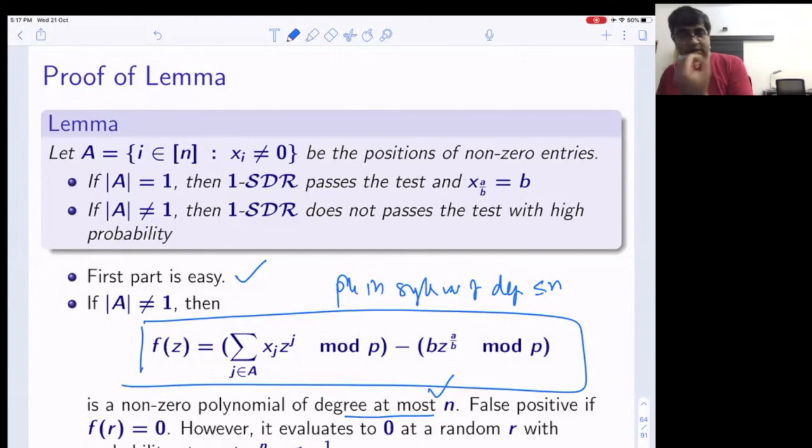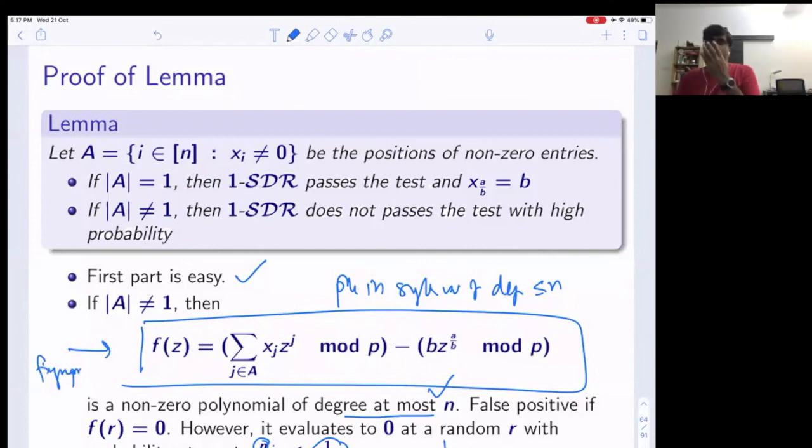Well, at some random r, how much degree it had. So it evaluates to 0 at its root, and the number of roots it has is upper bounded by n. So it evaluates to 0 at random r with probability number of roots divided by p minus 1, which is 1 to the power nc minus 1. So you will succeed with probability 1 over 1 to the power nc minus 1. And this is what is called fingerprinting.